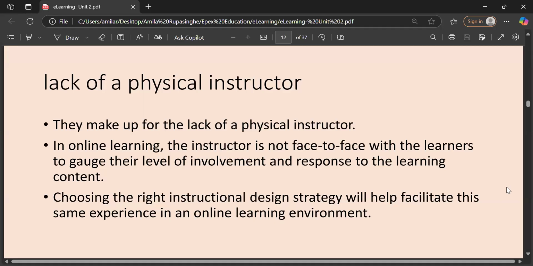To overcome this problem, when we design our curriculum for e-learning, we have to be very careful. We have to include some strategies, like I can ask you to do a small presentation once in a while. Then I can ask you to switch on your video. I can ask questions in a Q&A session. Likewise, we can make relationships. When we choose the right, tricky strategies to overcome those challenges, we can be successful.